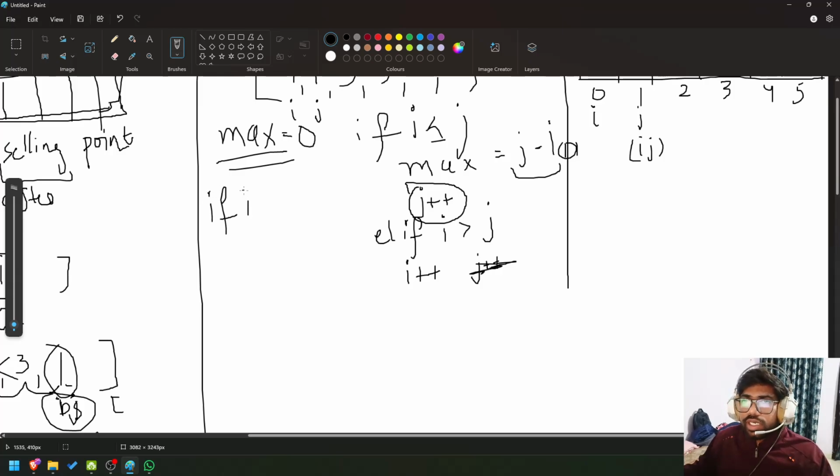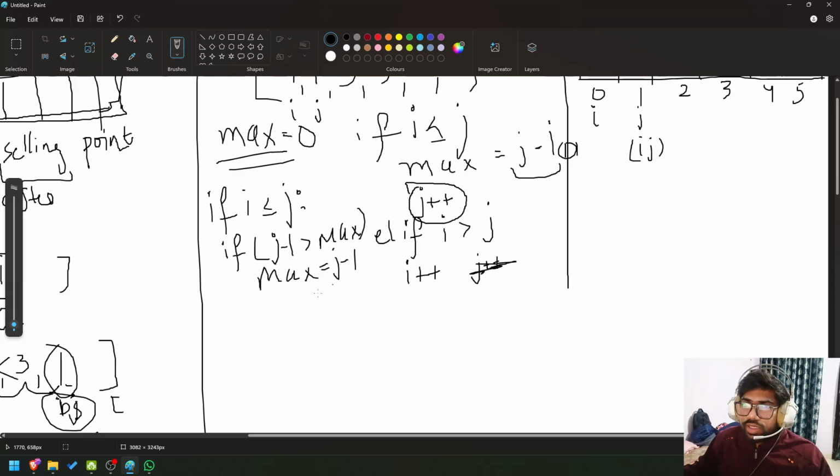If I is less than or equal to J, then we'll also check if J minus I is strictly greater than max. Then max equals J minus I,